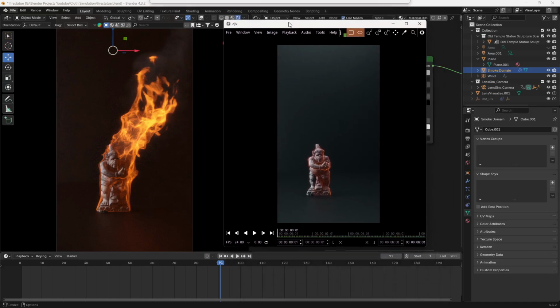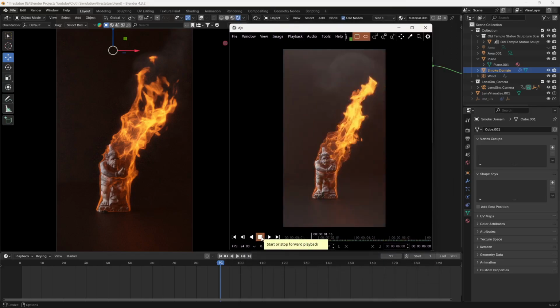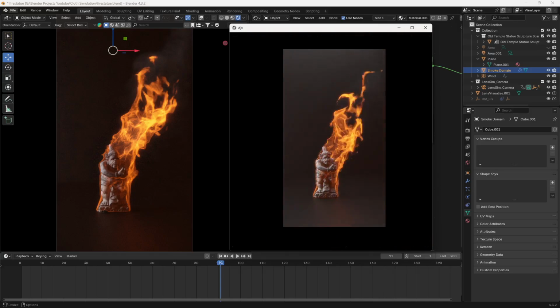Okay, guys, so here is the render that I have done, and you can see this is looking really beautiful. You can see the shader also. You can see this Lens Sim plugin as well. You are getting some really good depth of field, some film grain as well from this. And from this cinematic compositor, I don't need to composite anymore in Blender's compositing app and just add that lens flare, that glow, that color correction, because I'm getting it with the help of this add-on here.